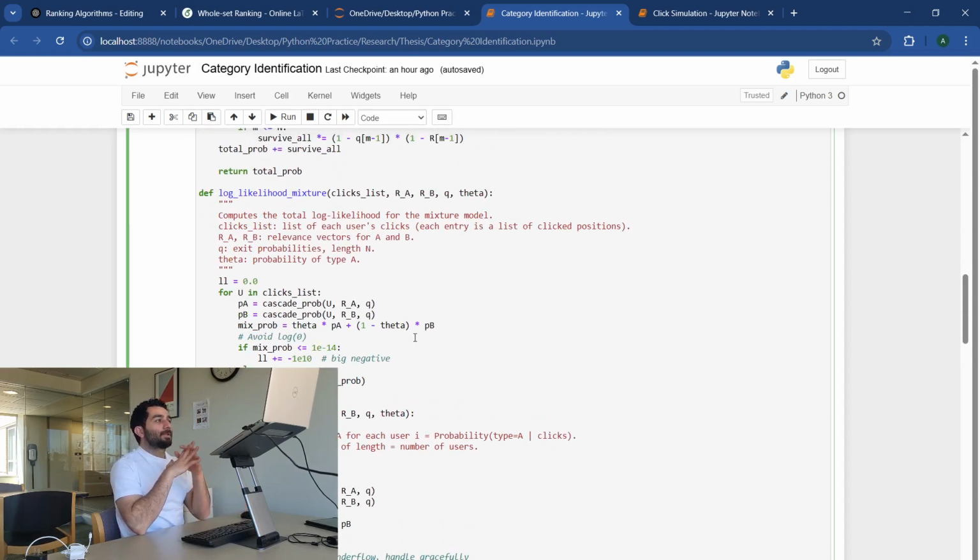Log likelihood mixture, click list, RA, RB, and Q. What was Q, by the way? Oh, quitting probability, and theta. We want to compute the total log likelihood from the mixture model. Click list of each user's clicks. Each entry is a list of click positions. RA, RB are the relevance vectors for A and B. Q is the exit probability of length n. Theta. LL is 0. For U in click list: